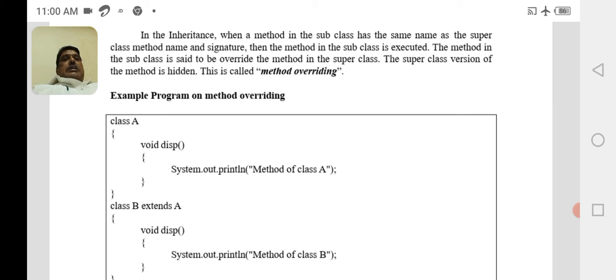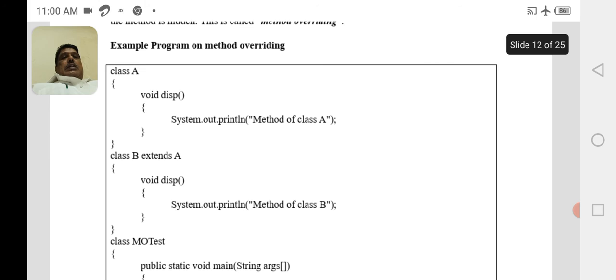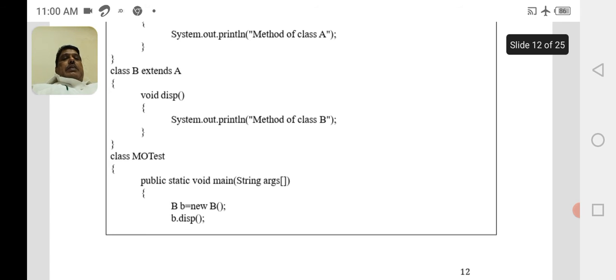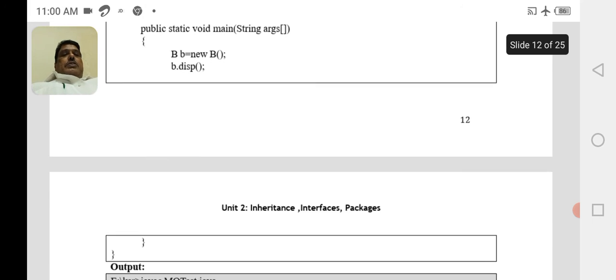Consider a program in which superclass A has method disp, the subclass has method disp, and the main class has public static void main with the object reference variable of the subclass, b equals new B, then b.disp.